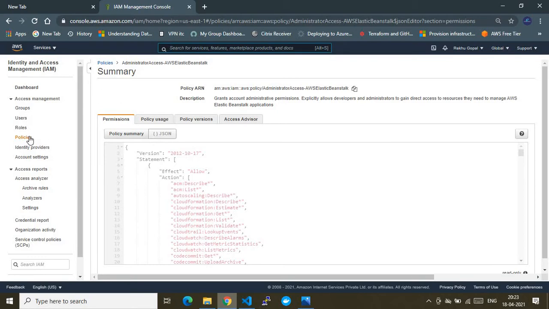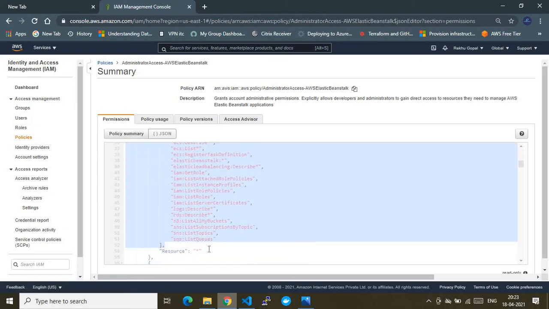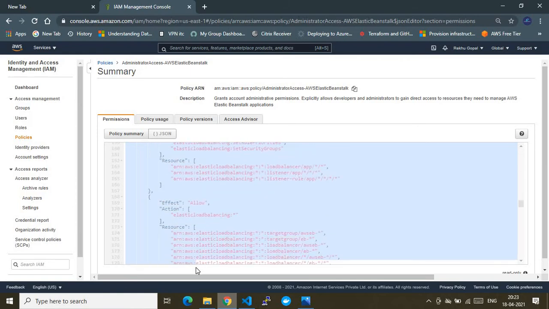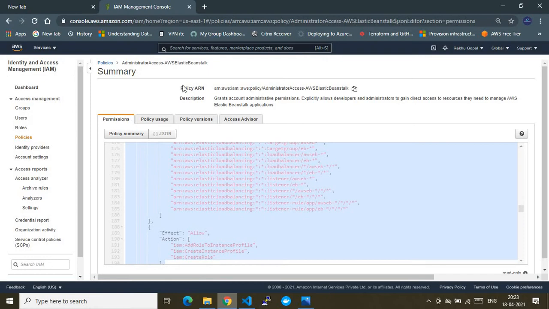When I say policy document, let me take you to the actual AWS account. This is the AWS account. If you go to Policies and click on any policy, I have clicked on this policy and gone to the Permissions block. This block is called a policy document. How can you retrieve it programmatically? That's what I'm doing here. You can retrieve the existing metadata of this policy, like ARN, description, name, etc., using the CLI.